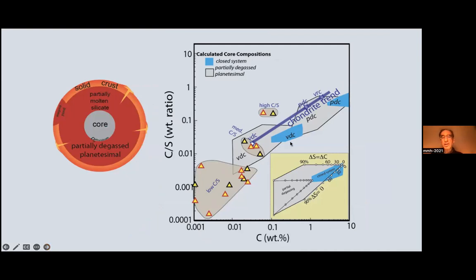And that's what these kind of odd polygons are, with variable amounts from 0 to 90% degassing to an atmosphere overlying the planetesimal, starting from chondrite-like bodies of variable composition. And what we see, just to take this one, for example, this is 0 to 90% of a really thermally processed chondrite before it begins to melt. And it creates iron bodies that are similar to this so-called medium carbon sulfur group, but not to the low carbon sulfur group.